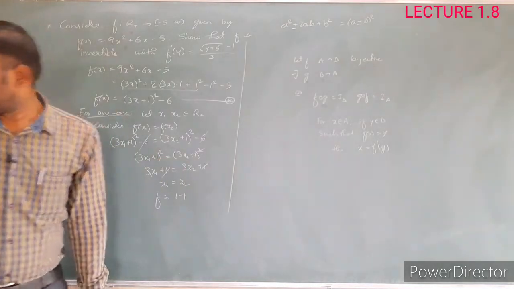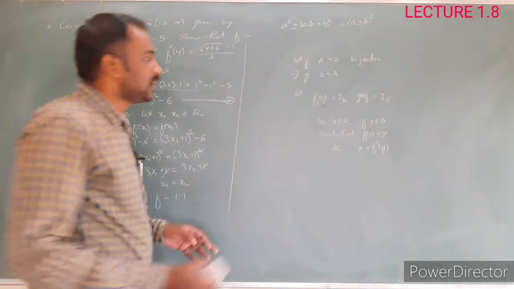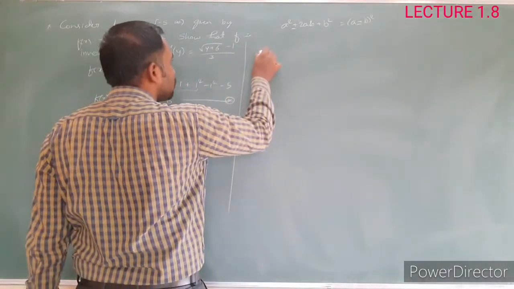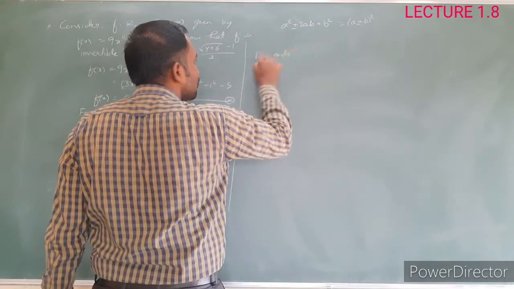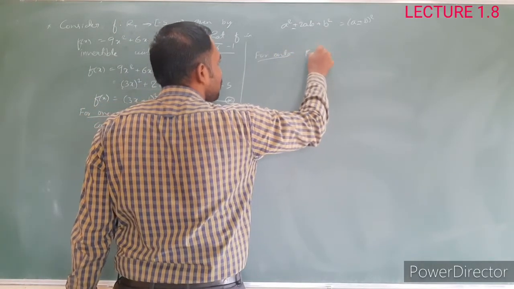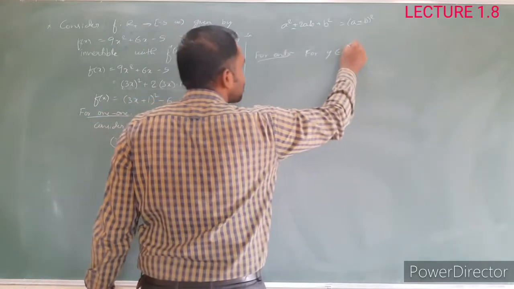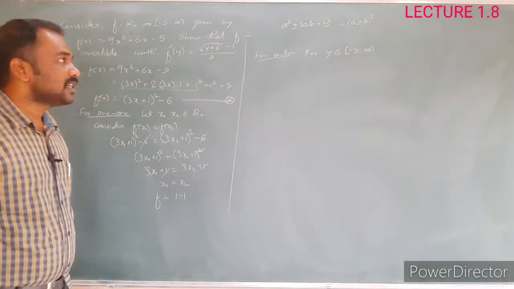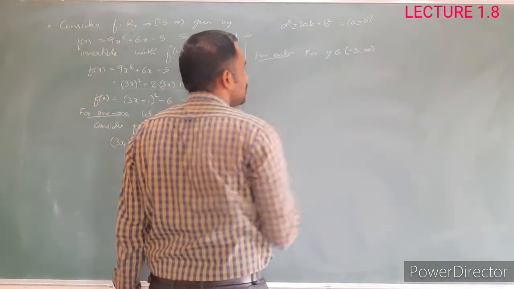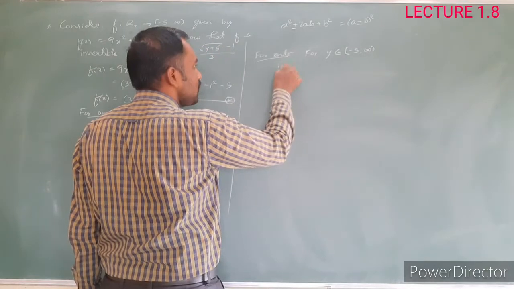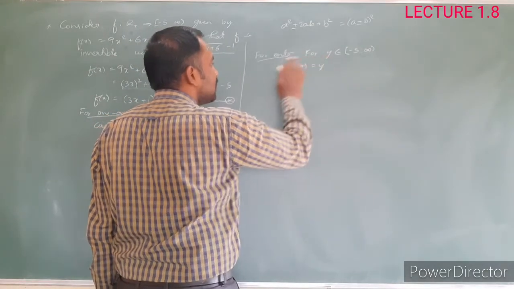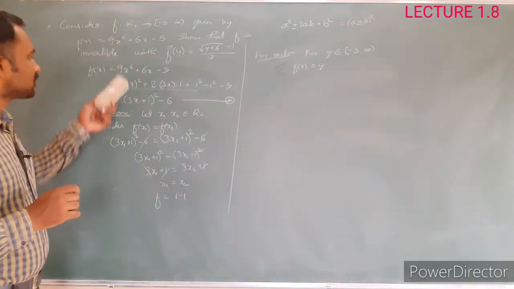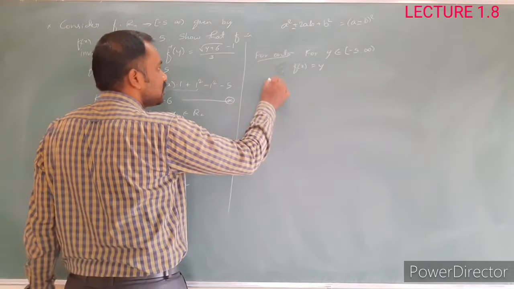Now let's prove it for onto. Yes, you already know the onto process. So what is onto? Consider one element from the codomain set. For any element y present in the codomain set. What is the codomain set? Minus 5 comma infinity. y is any element we have chosen from this interval. Then f of x equals y means replace f of x. Don't replace the original function, use the rewritten form. Here what is the value?